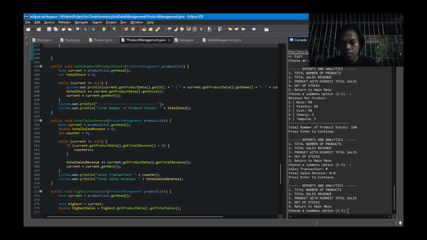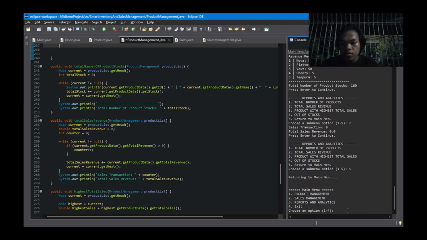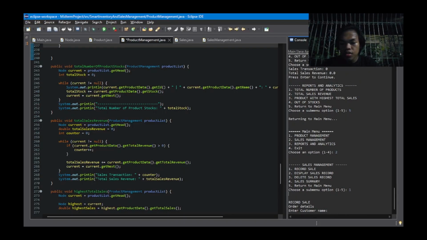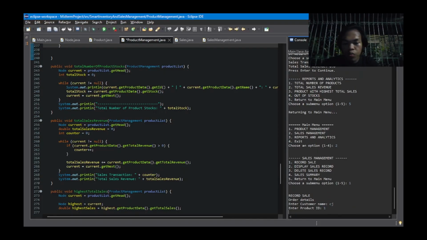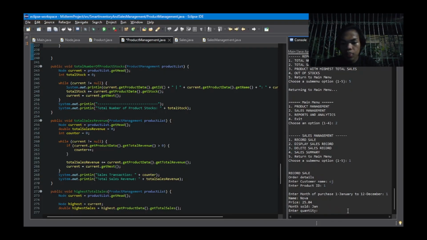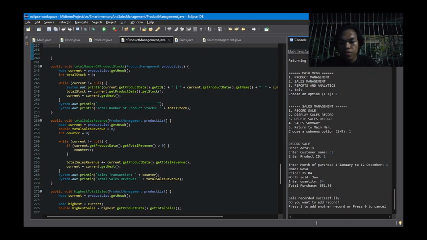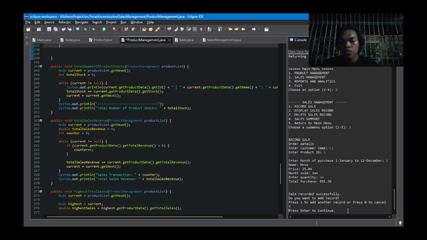Oh wait, let me just go record another sale. ID number 1, quantity is 34.